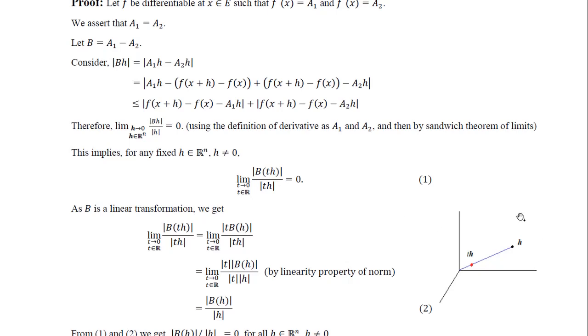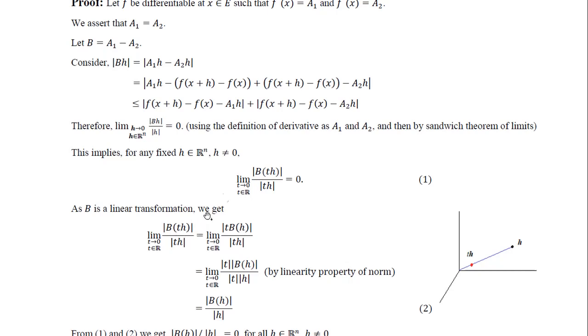So it's a trick, but if we remember this diagram, we get it easily. And the logic behind it I am also going to tell you, so that you remember why we are using this. The logic is actually because B is a linear transformation, and when we apply this B to a scalar multiple of h, it's like B applied to th, where t is a scalar and h is a vector. In that case, this t can come out. That's the property of a linear transformation. That's the definition part of linear transformation. So with that, t will come out.